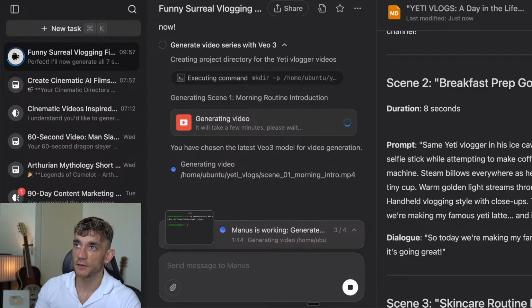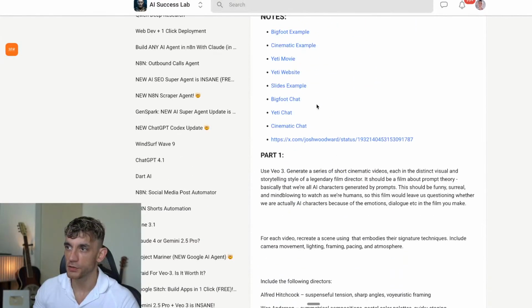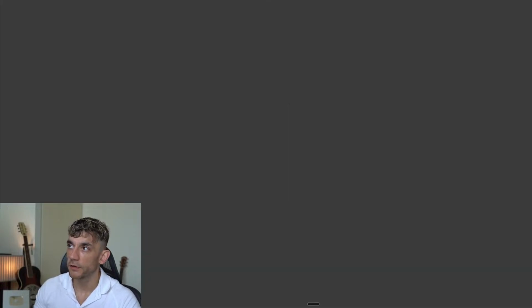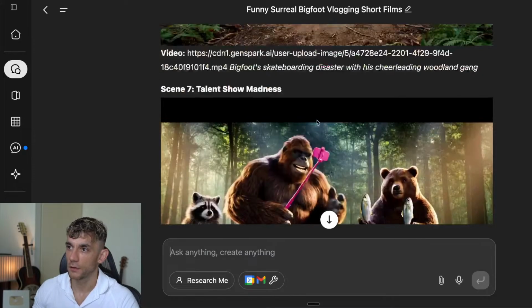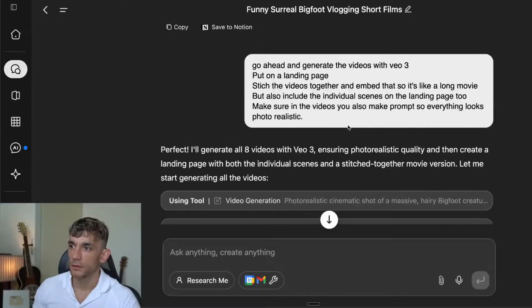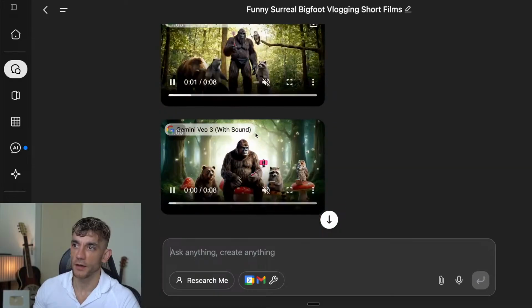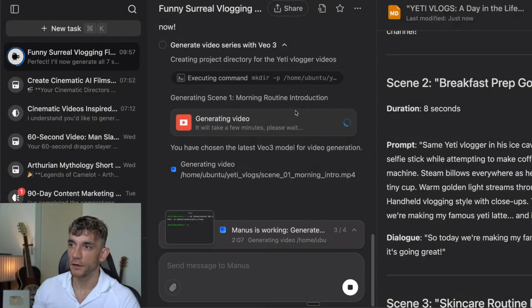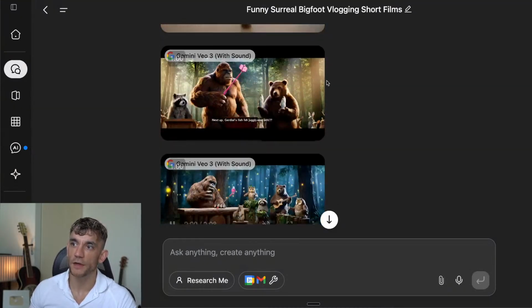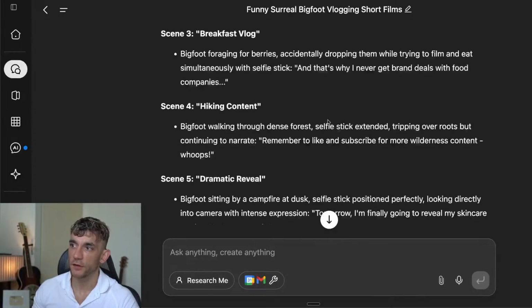Now let me show you how GenSpark does this in contrast. So if we have a look at GenSpark, which is another AI agent that can do the same thing, we'll pull these up side by side. So what GenSpark actually does is it generates all the videos at once, side by side, and it's a lot faster, right? So for example, Manus is just creating one video at a time, whereas GenSpark is creating all the videos at once, right? And I much prefer that personally, just because I think you get faster and better outputs.